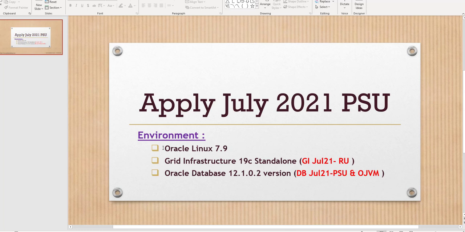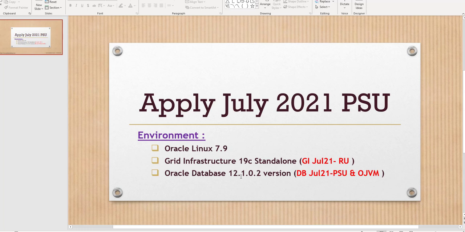My environment is running Oracle Linux 7.9. On top of it I have installed Grid Infrastructure 19c standalone, so it is a standalone machine. I have also created a 12.1 database, a 12c release 1 database version.